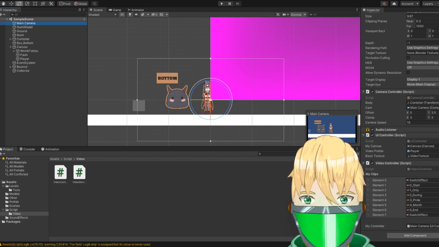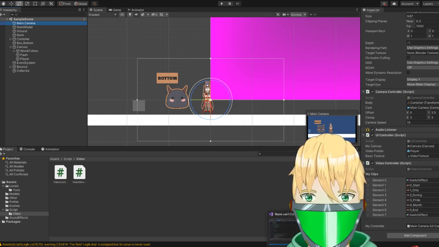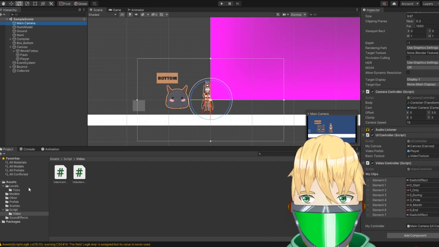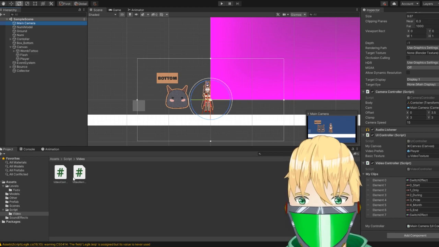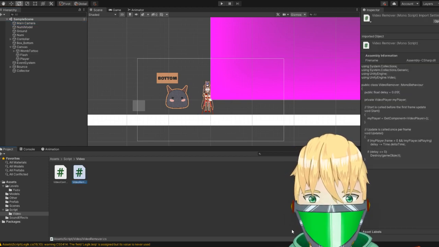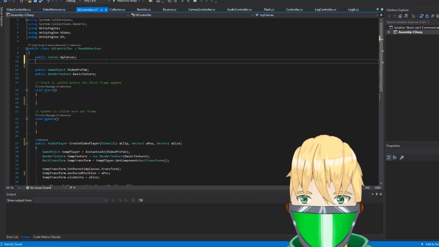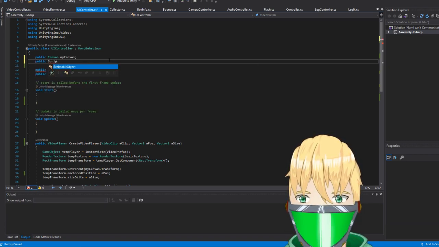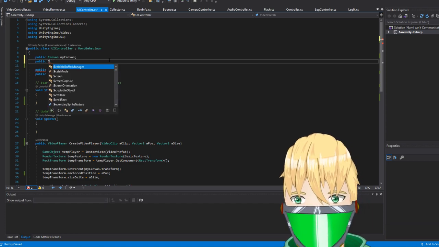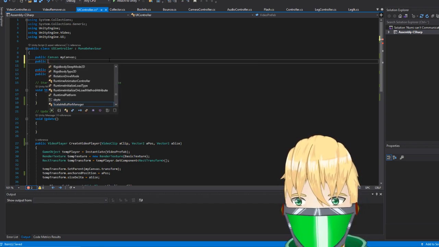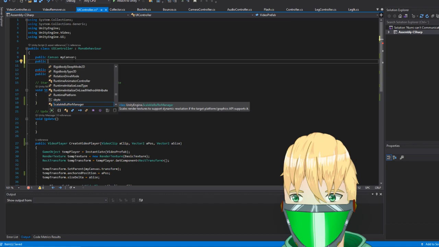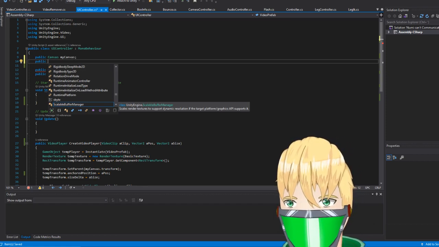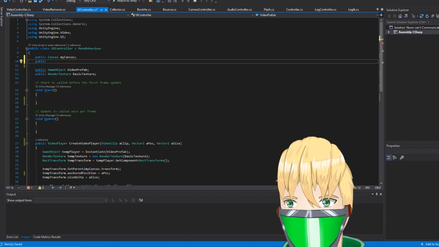So we want to assign a script. Can you actually just do public script? No, this is scriptable object. Can you get a public variable to set it as a script?